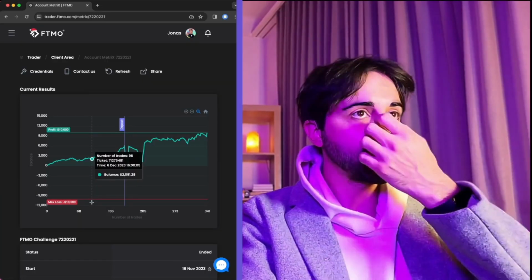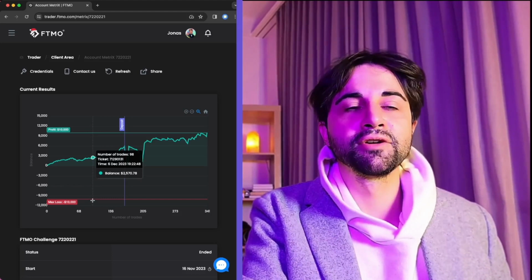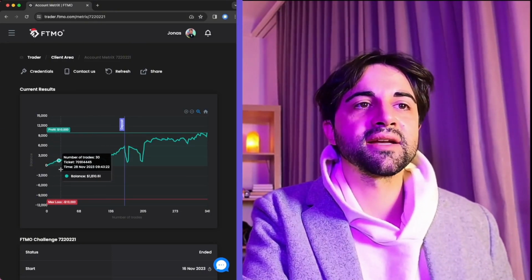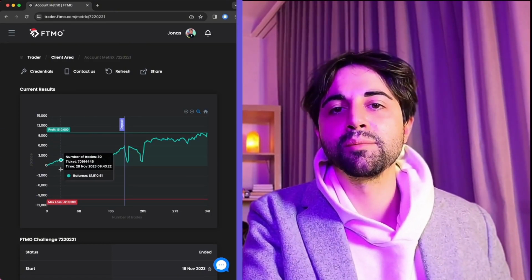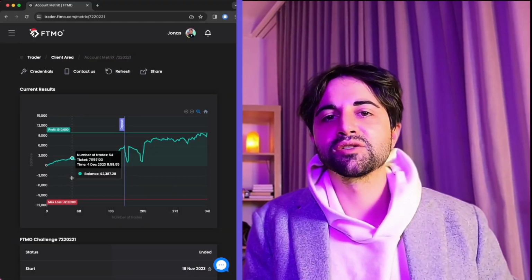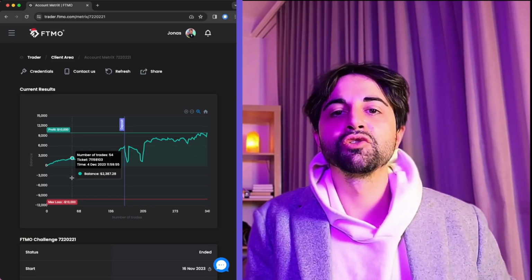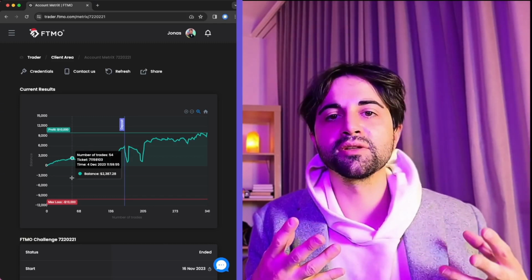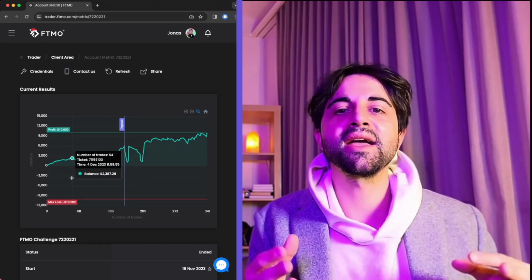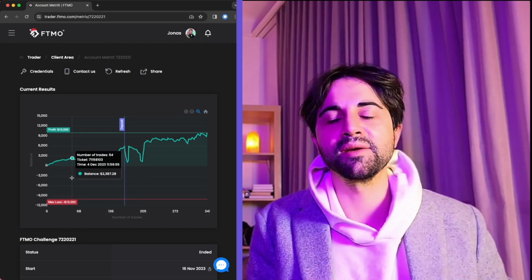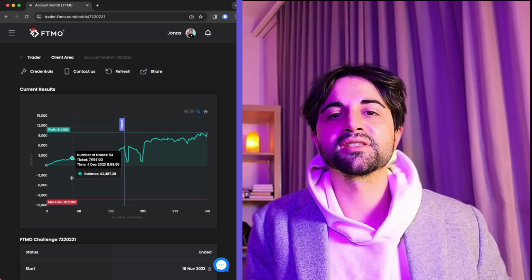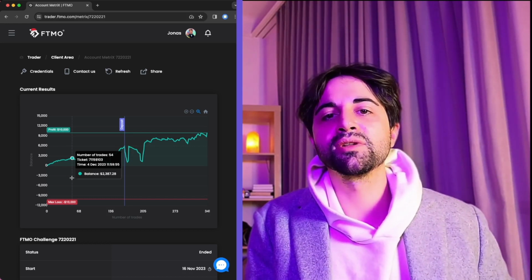So guys, with that being said, this is also my first tip: keep the lot size small and build a buffer with your profits. Okay, why do we want to keep the lot size small? Because we have unlimited time to pass this FTMO challenge, so there is no rush at all. And the most important thing is we want to keep our risk and psychology in check at all times. And how can we do this if the lot size is very small and we don't even go in drawdown